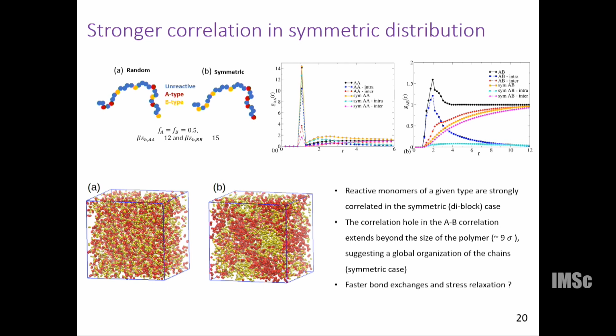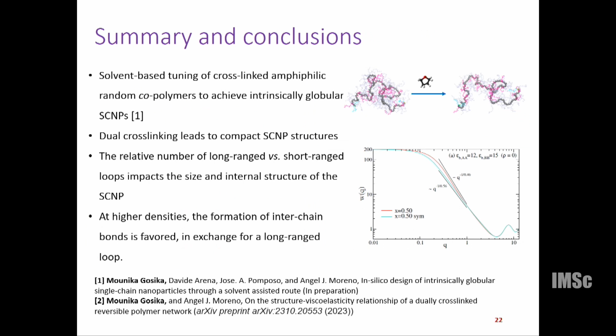Although I have not shown it, we have seen that in the symmetric case, stress relaxes faster simply because the reactive monomers are able to see each other at shorter distances and can exchange bonds faster as compared to the random case. So to summarize, we can tune the internal morphology of the single chain nanoparticle by choosing different